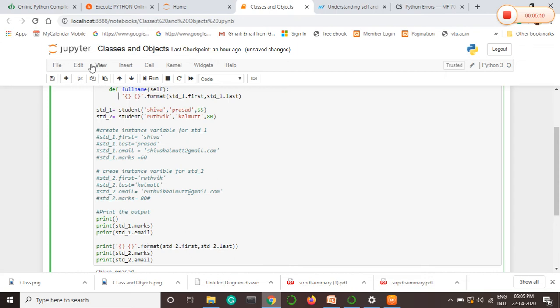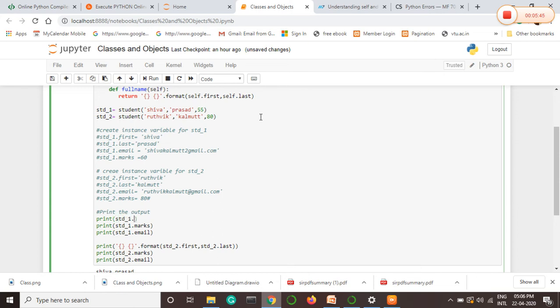So I will define the function in this class itself by using a keyword called return, open and close flower brackets, dot format, student1.first, student1.last, or instead of student1, I will use self here: self.first and self.last.